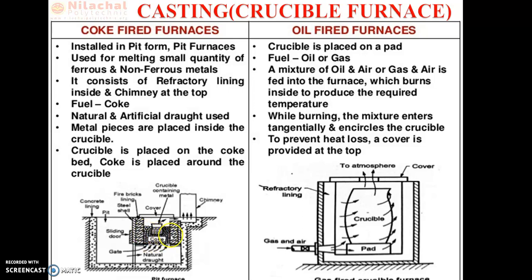Then it is ignited and allowed to burn. We light this coke bed using a lighter, or you can say a fire, so that it is ignited and allowed to burn. The air necessary for combustion is supplied either by natural means or by forced draft. Either you can apply a forced draft also, shifting the coke aside to make a space for the crucible containing metal charges.